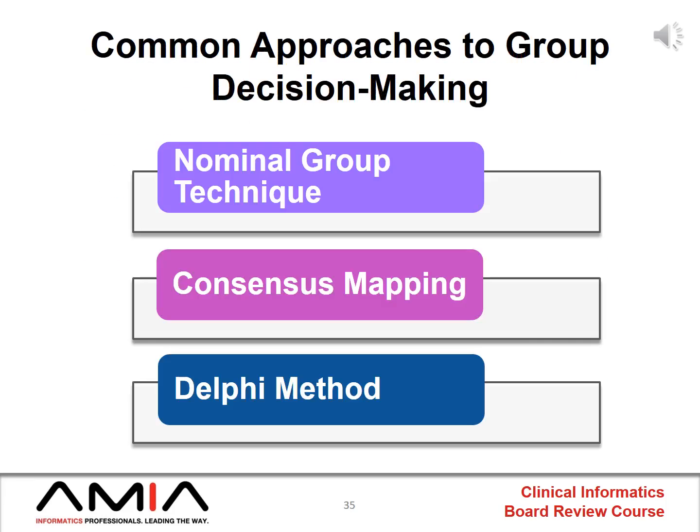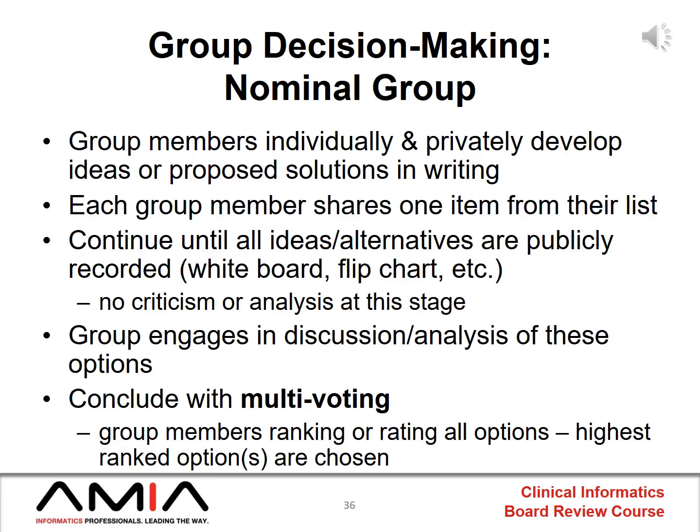There are 3 common approaches to group decision making which are specifically referenced in the core content for the board examination. These are nominal group technique, consensus mapping, and the Delphi method. In the nominal group method, group members individually and privately develop their own ideas or proposed solutions in writing. Then each group member shares one item from their list, and you continue around the group until all of the ideas or alternatives